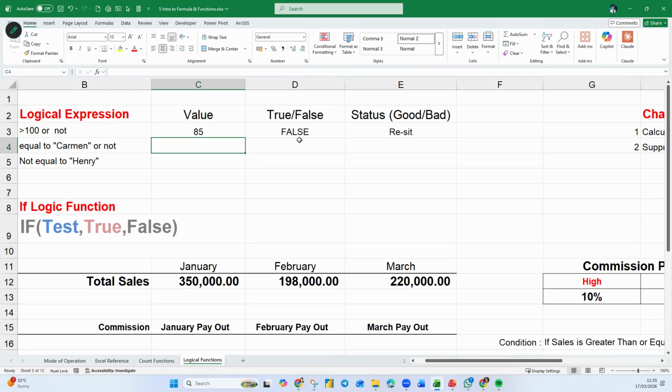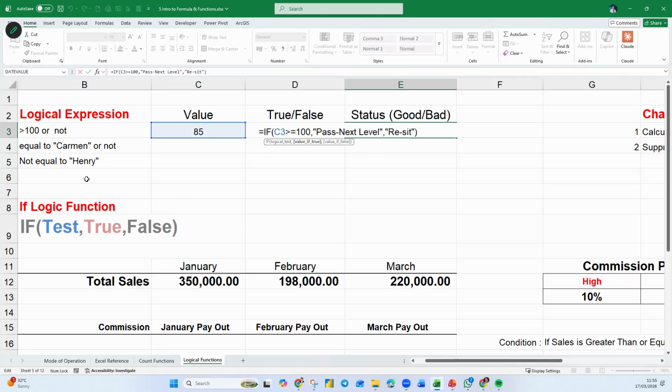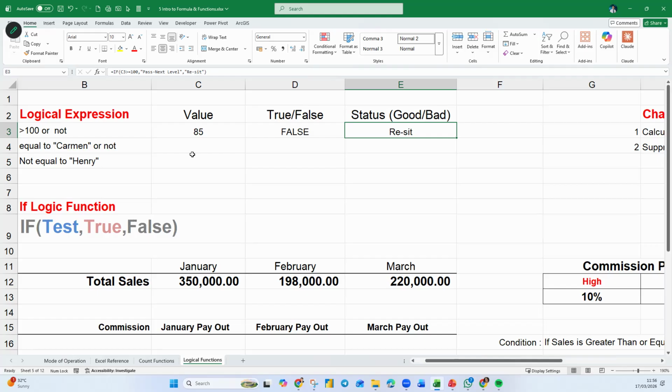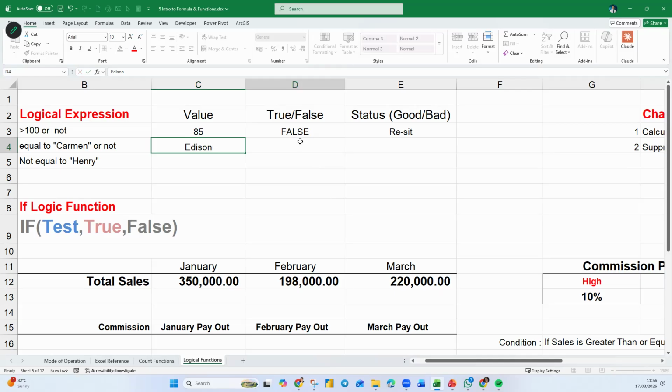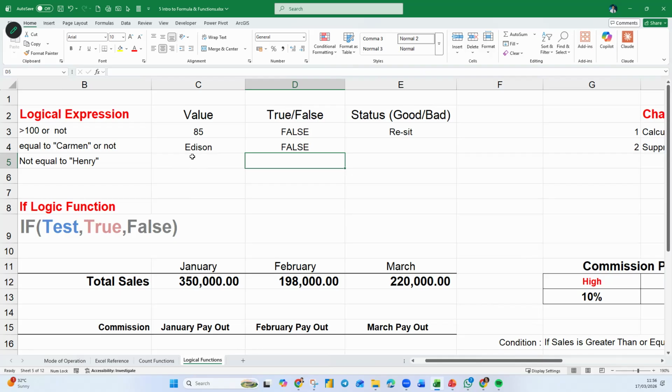Now, other than numbers, you can use greater than or less than. But if it's text, then you cannot use greater than anymore. The only thing is equals. So let's just say I put here addition. But my test here is: the value inside this cell C4, is it common or not? So I put here equals to. For text, you must put in the open and close inverted commas. You put there common. The answer is false because addition is not common. But if I put here common, then it says true.